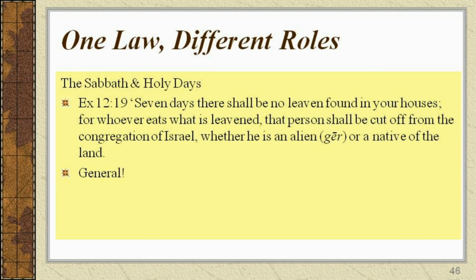At this point, it should be clear that the law of Moses placed different levels of responsibility on different groups of people living in the land of Israel. The context and scope of a commandment determine whether it is general or not. This distinction will become even more important when we examine the New Covenant.